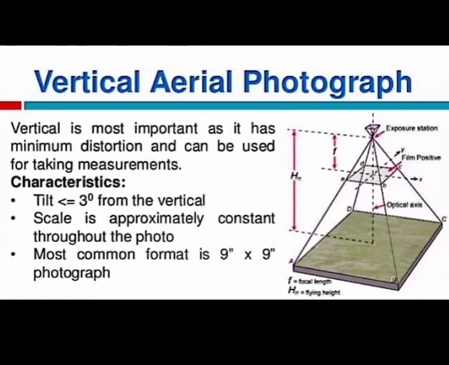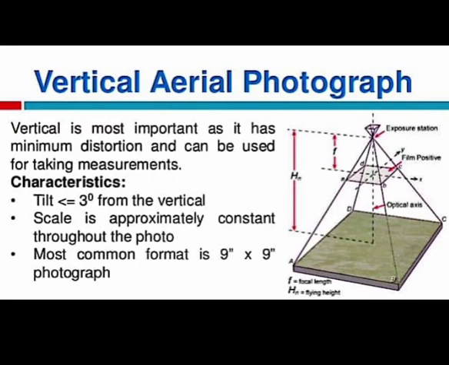There will be two things: distortion and displacement. Displacement is any shift in the position of a landscape feature on a photograph that does not alter the perspective characteristics of the image. Now, tilt or photographic relief comes under displacement, whereas motion of landscape feature and lens distortion are the distortion part. So this is very important.